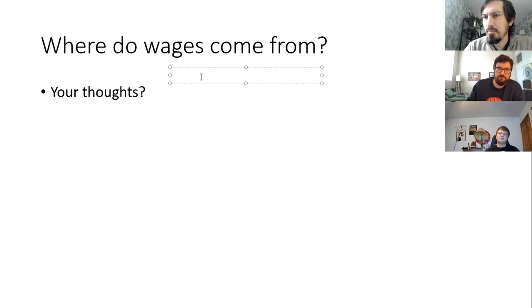Was it a public institution or private? No, these are both private contractors. Private contractors said, we're going to pay you the least we possibly can. That's minimum wage, and it's sort of take it or leave it. That's where the wage came from. The minimum wage law essentially determined what your wage would be in this case.